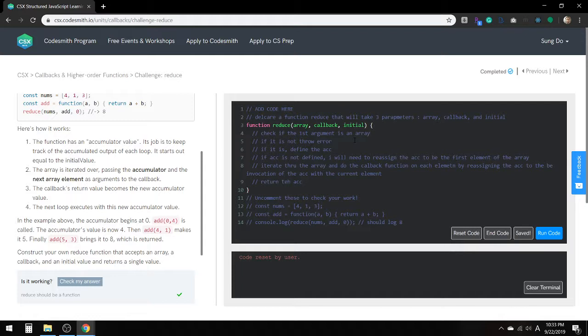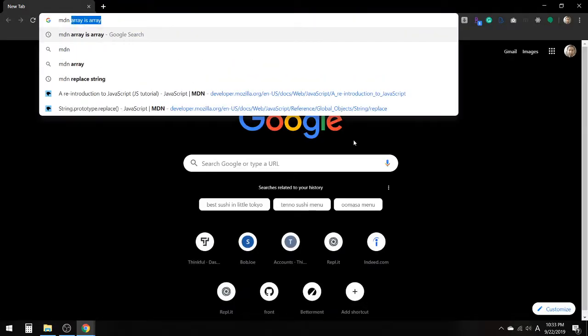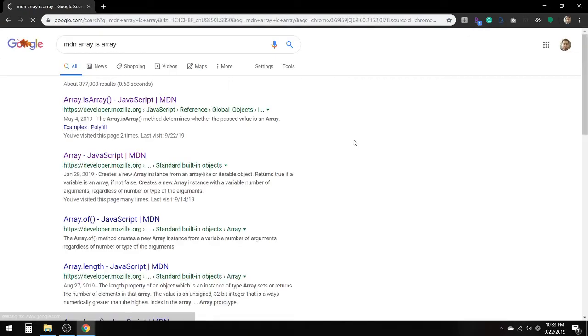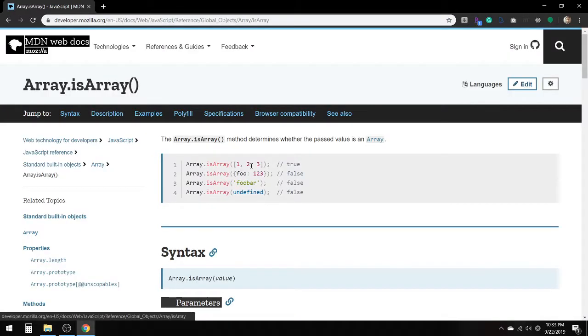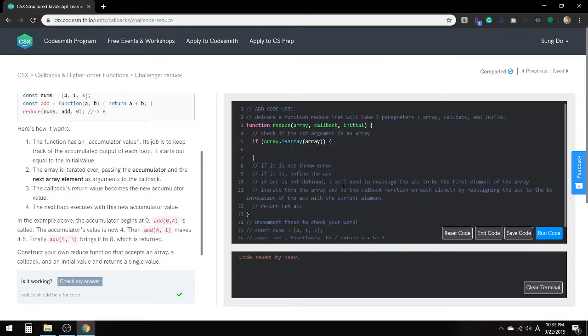Alright, so what I'm going to be using here is an if statement. I'm going to be using the MDN method Array.isArray. It's an array method. It checks the argument here, and if it's an array, it's going to return true. If not, it's going to return false. So I'm going to use the array method isArray, and inside there I'm going to be putting the parameter. If this turns out to be true, I need to